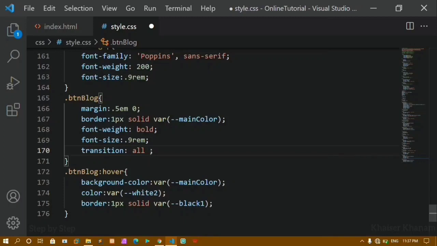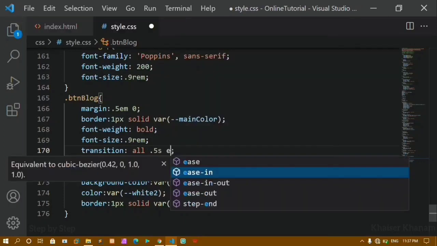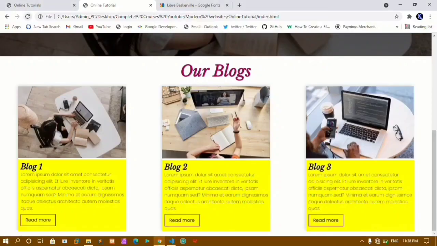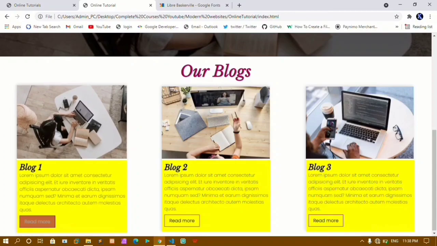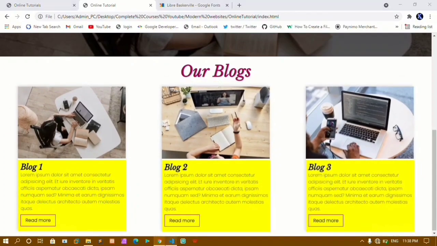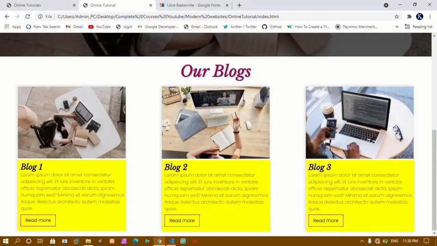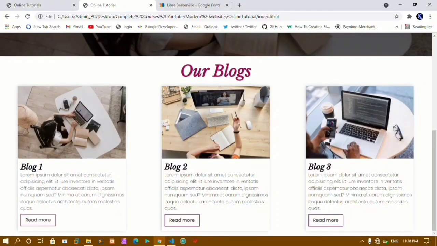Transition for all, I'm applying 0.5 seconds, and also I'll just give this ease-in. Okay, this is the direction. I'll just refresh this one. Now you can see it's smooth and it's very slow now. Once we are done with this, I'll just remove this background color from here. I'll save this, and now if I just refresh this one, you can see we are done with our